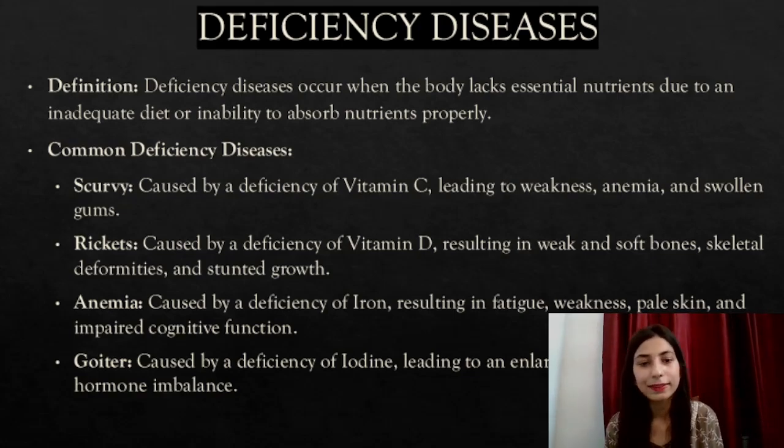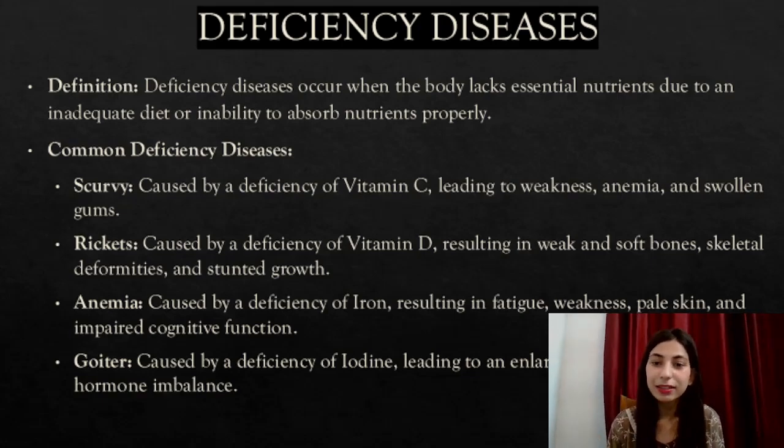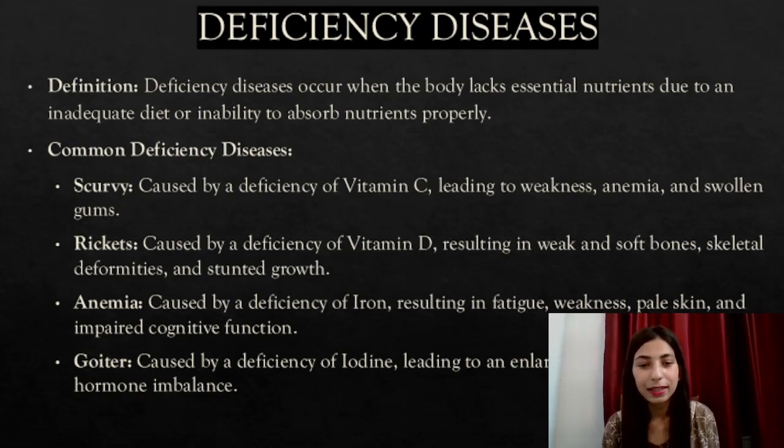So common deficiency diseases are scurvy. Scurvy is a deficiency disease caused by vitamin C deficiency, and it can lead to weakness, anemia, swollen gums. Then rickets, caused by vitamin D deficiency. In rickets, you have weak and soft bones, skeletal deformities, stunted growth. Then anemia. Anemia is basically a lack of blood. This is caused by deficiency of the mineral iron, and it results in fatigue, weakness, pale skin. If there is a lack of blood, your skin will become completely pale, and